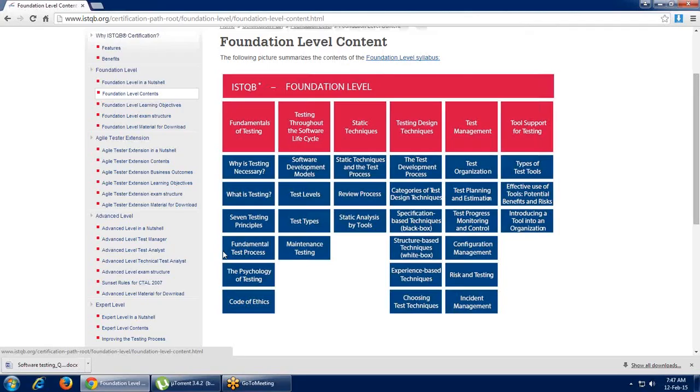Apart from it, there is maintenance testing. Once your website goes into production or live, that is not the end of testing. You have to continue with your support. It is possible that users will give you small changes and suggestions that we can make. So those small changes and suggestions we will take care of in the maintenance testing part. That will also be explored, what we are trying to do in maintenance testing.